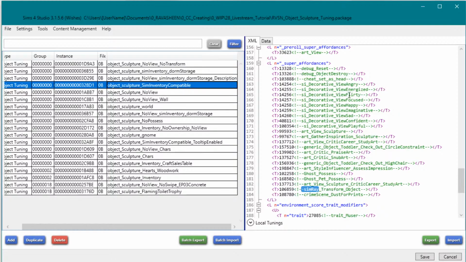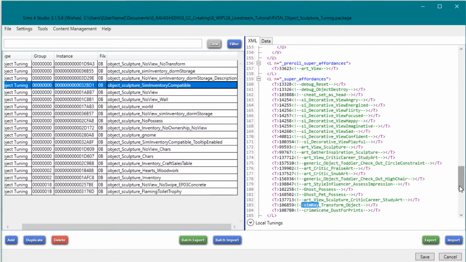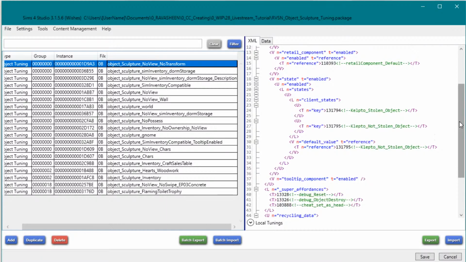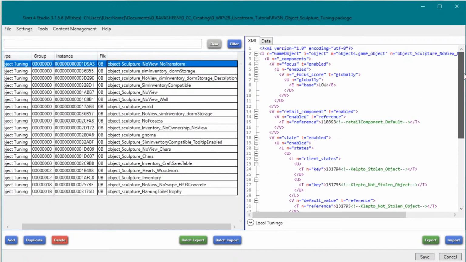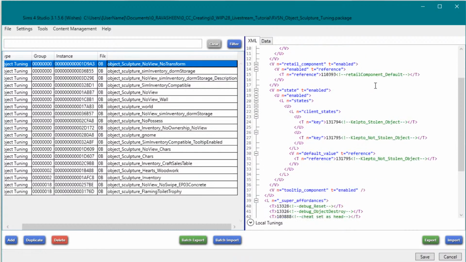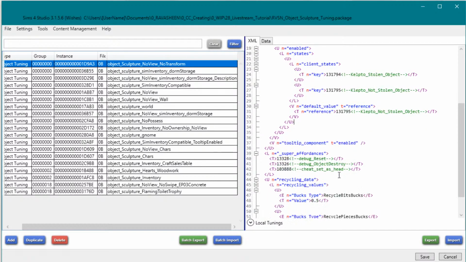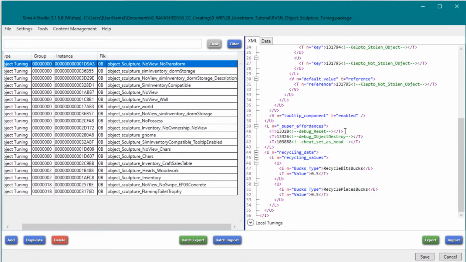Now you can start to see that we're getting more complicated compared to the no view, no transform. So this is basically the most simple you're going to get. This focus stuff you guys don't need to worry about. Retail component, don't need to worry about. This means it can be stolen, the klepto stolen object, right? And then if any of you have ever seen the cheat set as head,